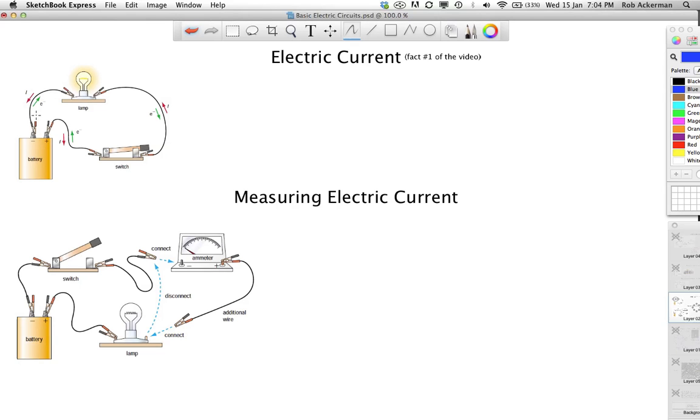However, mathematically it's identical to say that electrons go one way or hypothetical positive charges go the other way. Now what are these hypothetical positive charges? There are actually not positive charges flowing through an electric circuit. The positive charges that we know about in atoms are locked deep within the nucleus. They are the protons, and they're not the ones that move. If you remember from your chemistry class, it's the electrons in the outer shell of the atom that do the